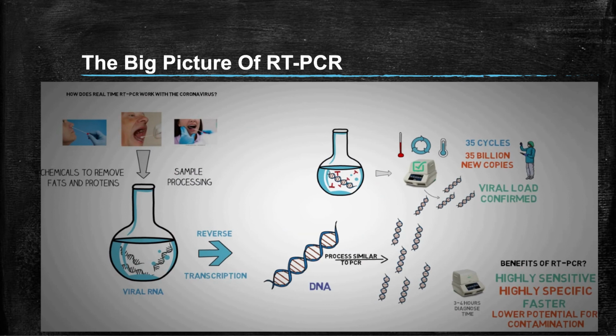Now the mixture is placed in an RT-PCR machine. As the new copies keep on coming, the marker labels release the fluorescent dye, a signal present in real time. If the signal goes over the limit, the viral load is confirmed actually. It is said that the fewer the cycles, the more severe the viral infection.